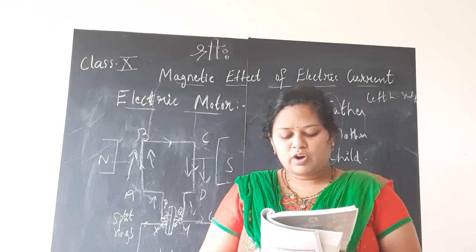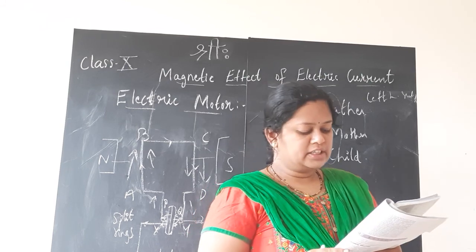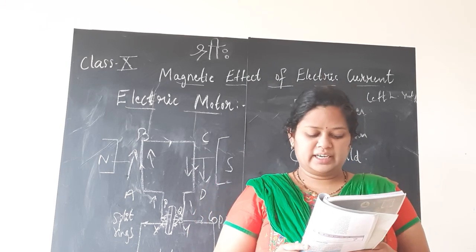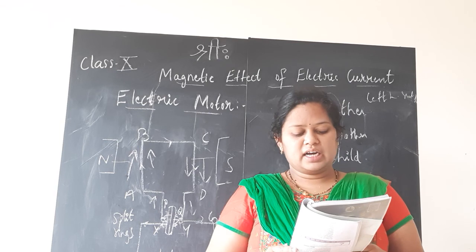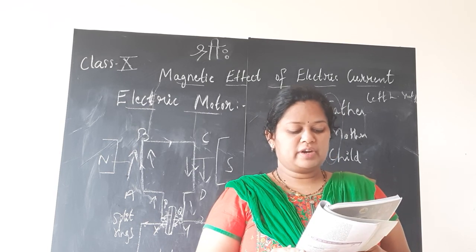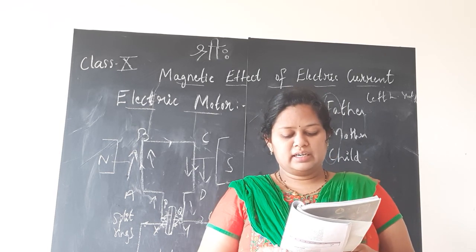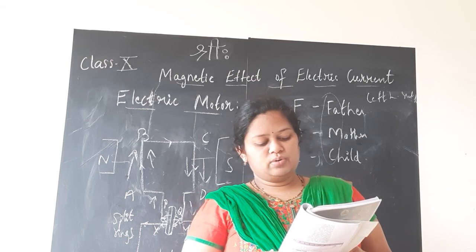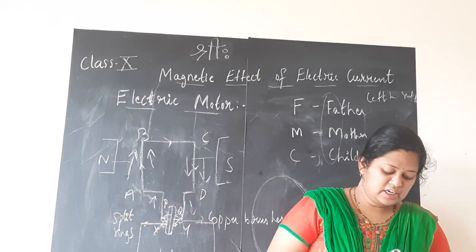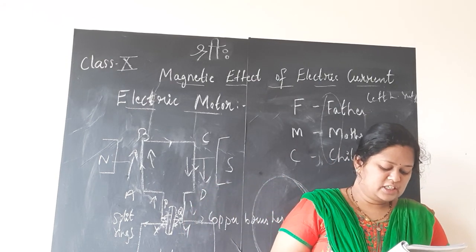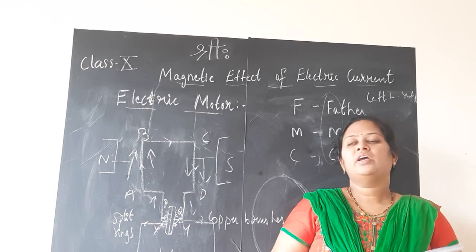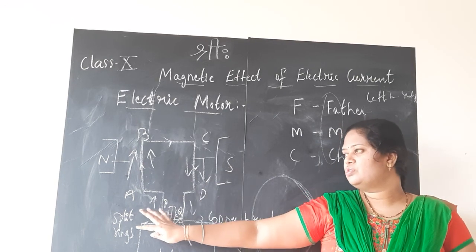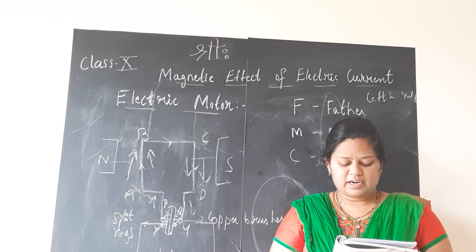The ends of the coil are connected to the two halves, P and Q, of a split ring. The inner sides of these halves are insulated and attached to an axle. The external conducting edges of P and Q touch two conducting stationary brushes X and Y respectively, as shown in the figure. The figure shows what components are used and how they are connected; they are explained in this paragraph.